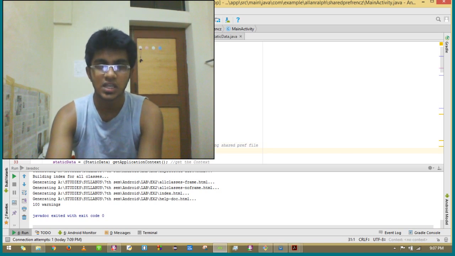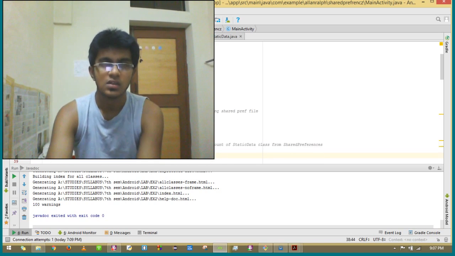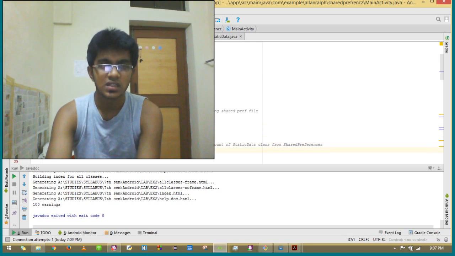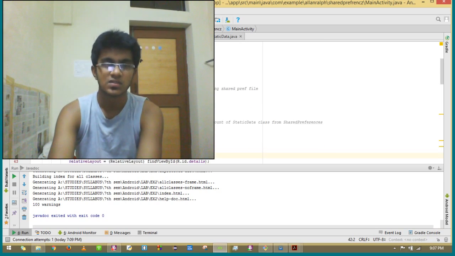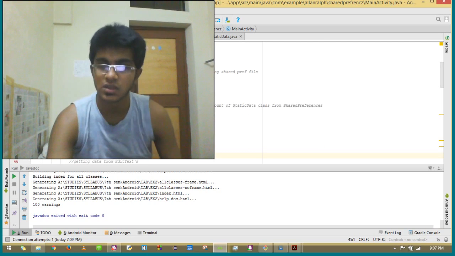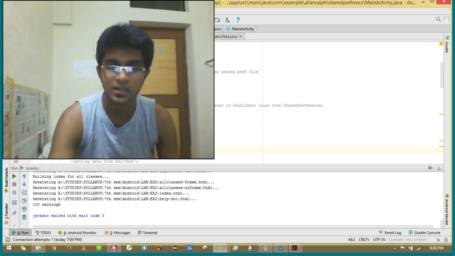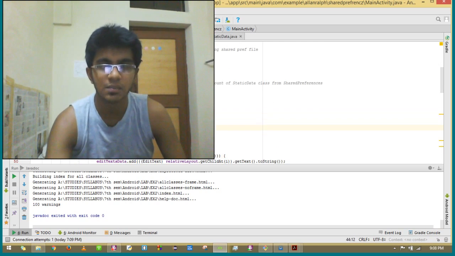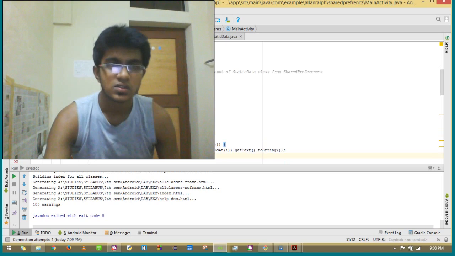So this is how we create the shared preference, and we put the mode as private. Then we create StaticData, which is of type StaticData, and we pass the context to it. And we also set the count, which is how you initialize the count in the StaticData class. So we initialize it to 0. Now we also create a button called add. We saw the button in the demonstration. And this is the on-click implementation for that. Inside that,